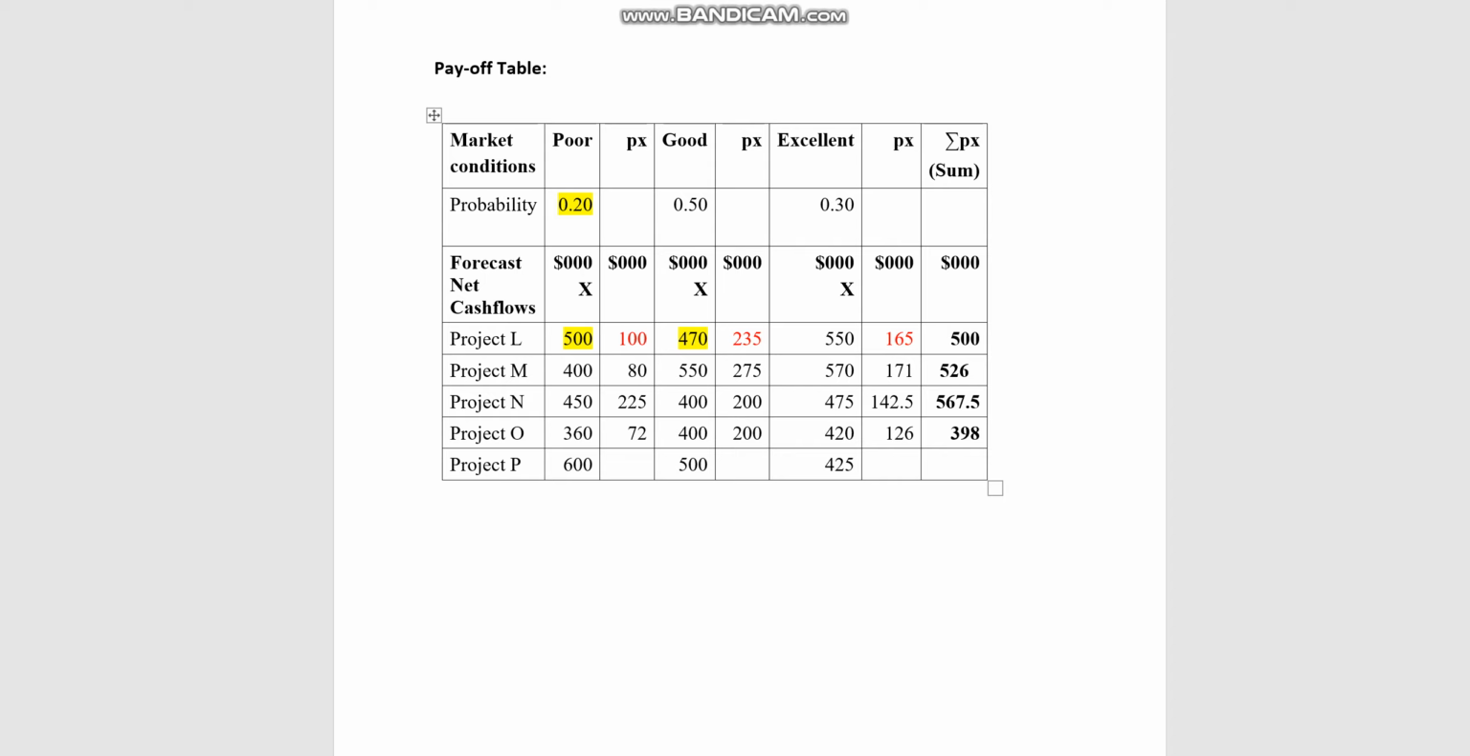Right, like this I can work out the next as well. But all I had to do was simply look at their expected values, and so far the highest expected value is coming from project N. So if there was no project P, I would have chosen project N, but because you have to do some practice as well, please try the same method for project P, and then see whichever project is generating the high